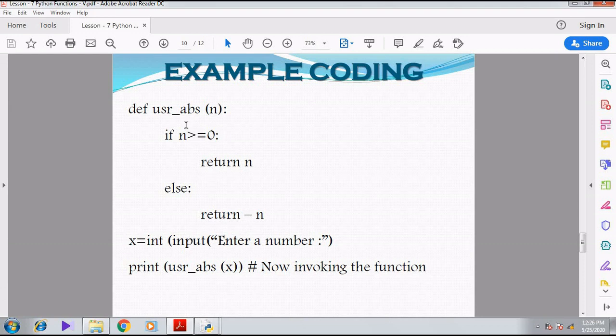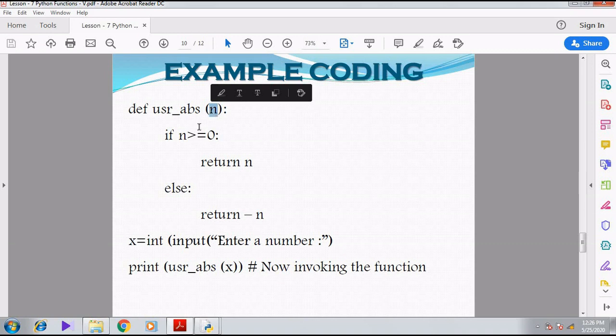So here we are using the keyword def for a user defined function. def stands for function definition. Then what is the function name? usr_abs. The user is going to give a number, and that number will be changed into an absolute number. I have given only one parameter, the parameter name is n.